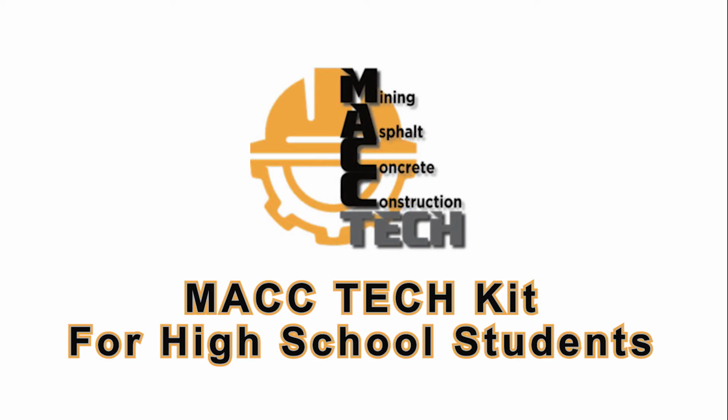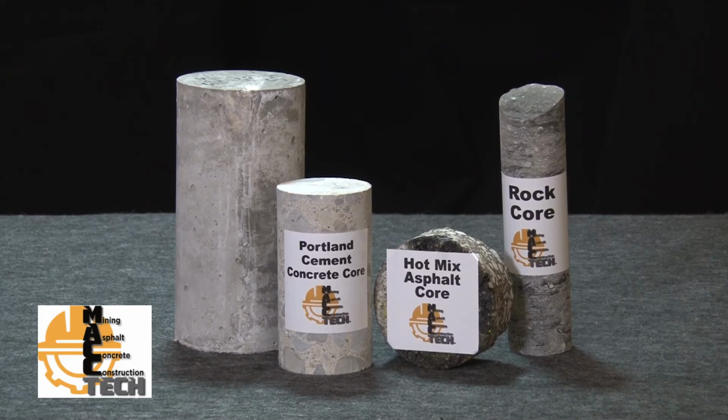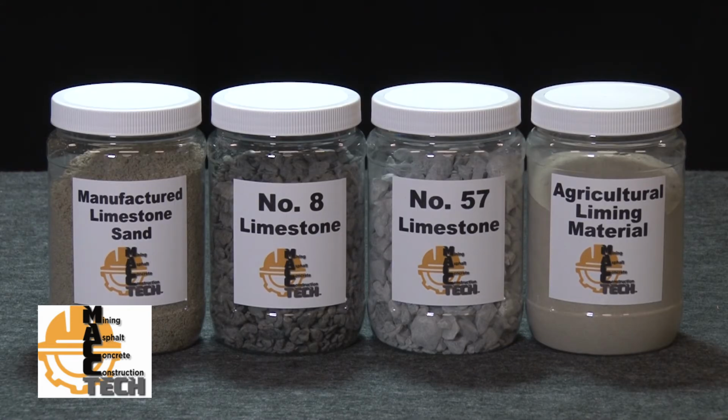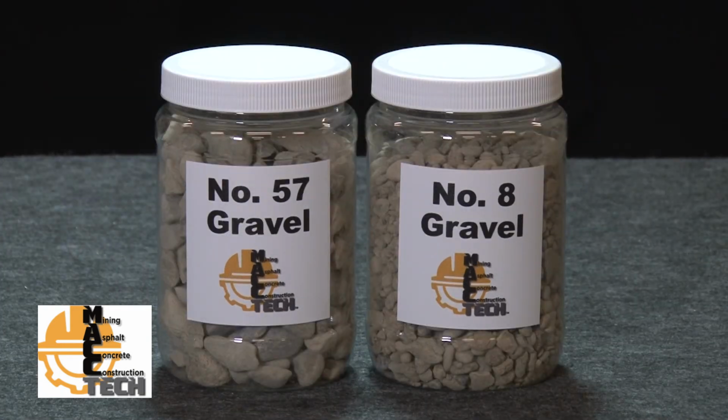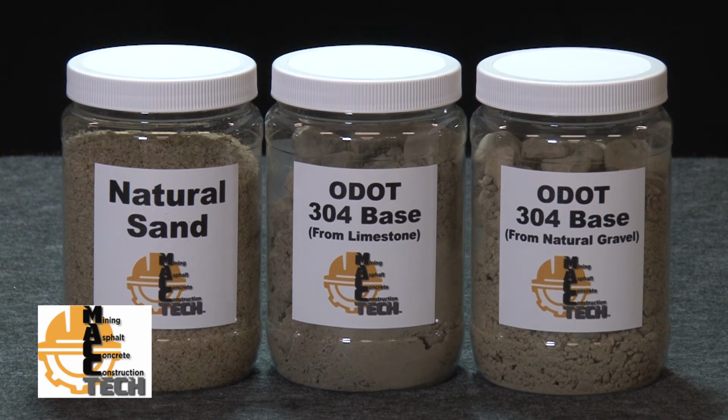The MACC Tech Kit for high school students includes a set of 4 ASTM test sieves, core samples consisting of concrete, asphalt, and rock, Portland and asphalt cement samples, limestone samples including number 8, number 57, ag lime, and manufactured limestone sand, gravel samples including number 8 and number 57, a hot mix asphalt sample, a natural sand sample, and